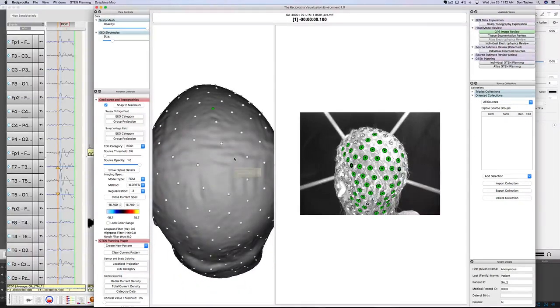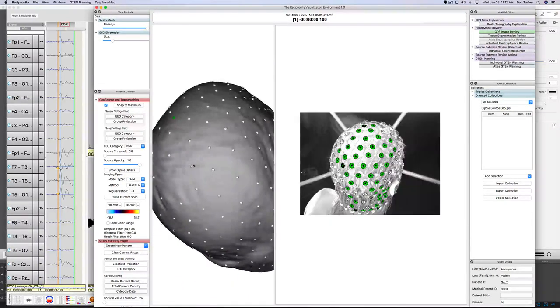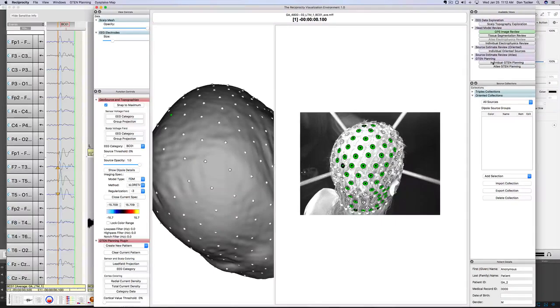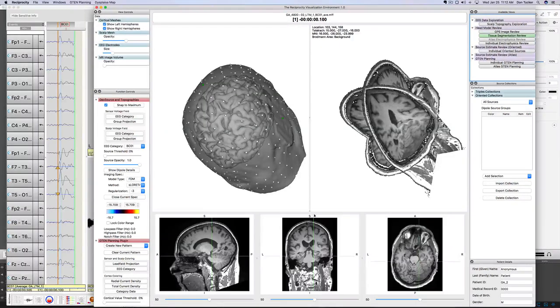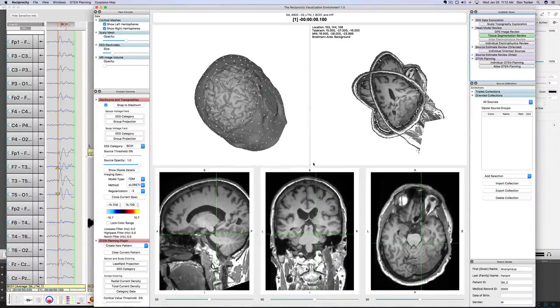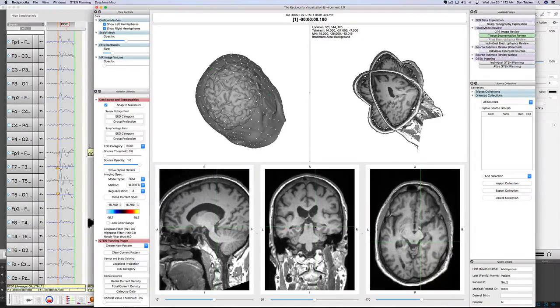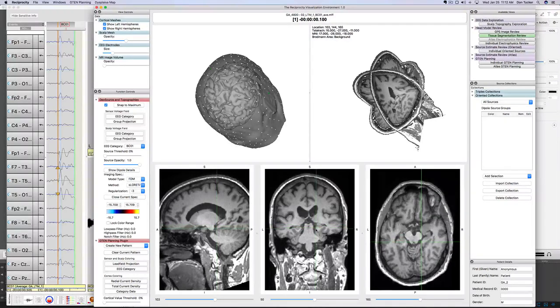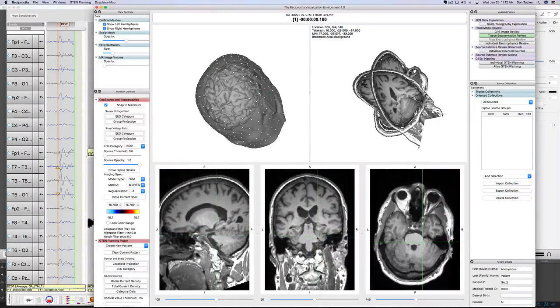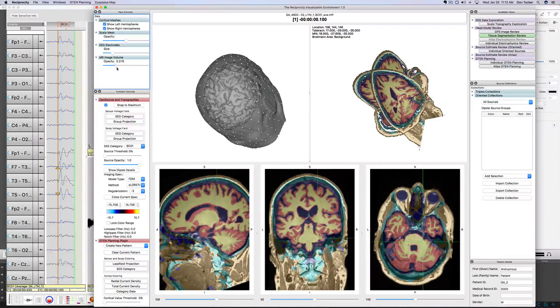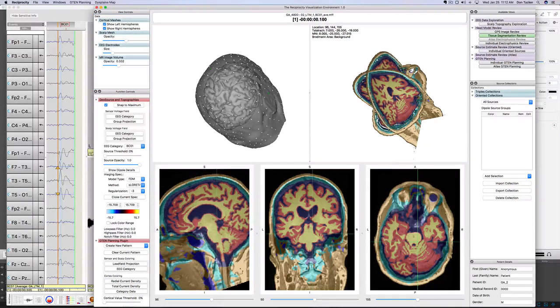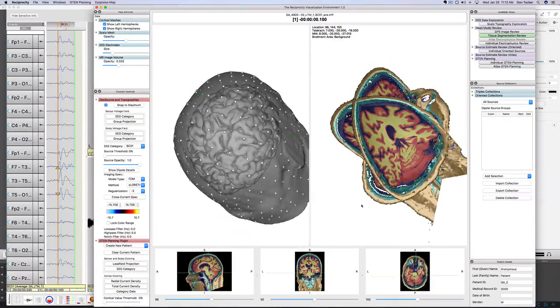The first thing we have to do is align the sensor positions, digitized with geodesic photogrammetry, precisely with the MR image. The next thing we have to do is to look at the registration of the MR and the segmentation of each of the brain tissues, here shown in color, overlaid with the patient's MRI. Each brain tissue has a different conductivity. We must characterize that conductivity as we relate the measured EEG on the head surface to the generating sources inside